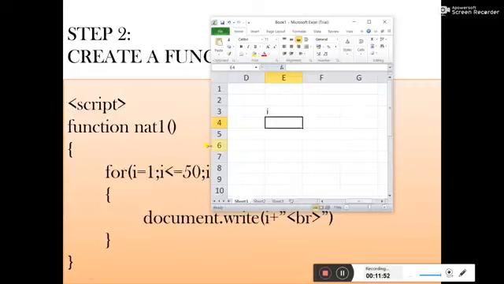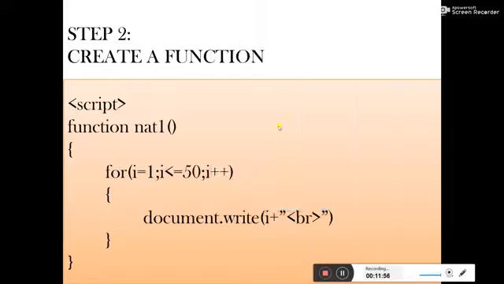And i is less than or equal to 50, that means the last value up to where I want to perform this action. When this condition is true, it will perform the action. If this condition is false, then it will stop and come out of the loop.